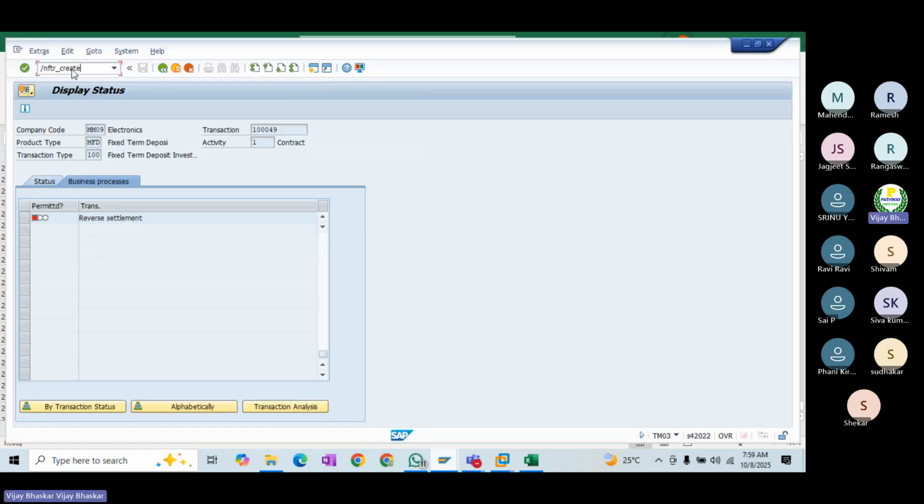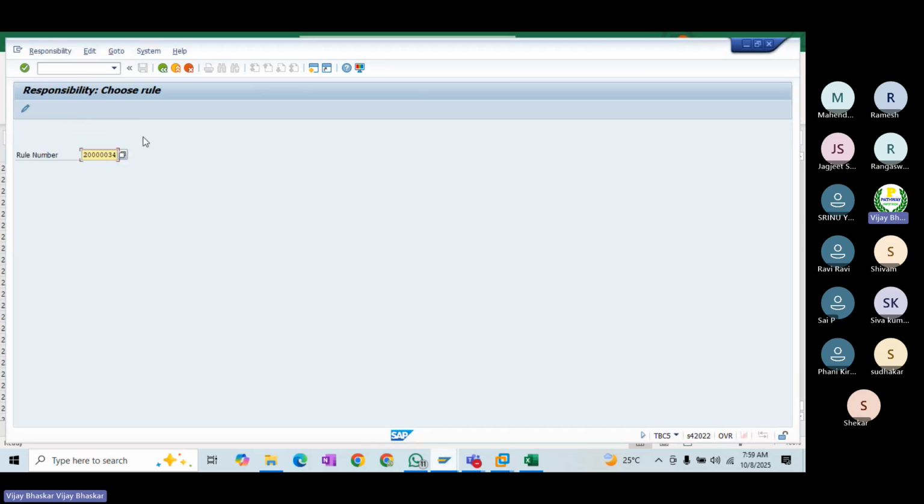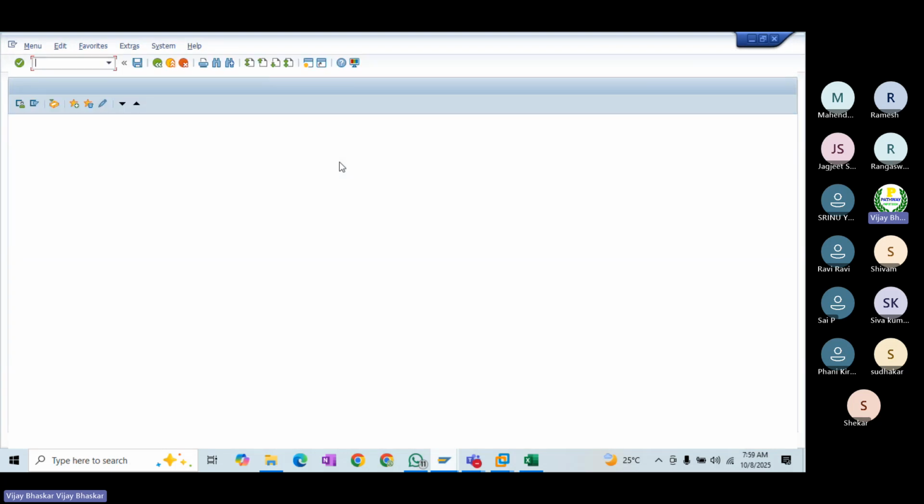Tier underscore create, product type. Okay, ensure the transaction type. What is this one? Not sure. Let me select the BP.